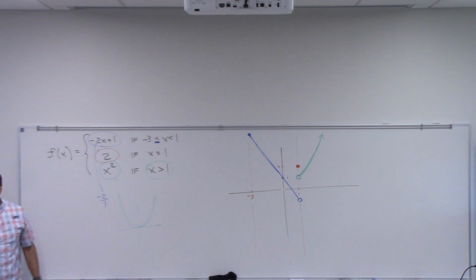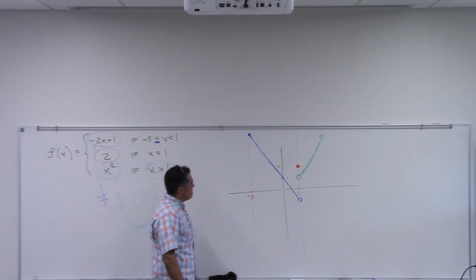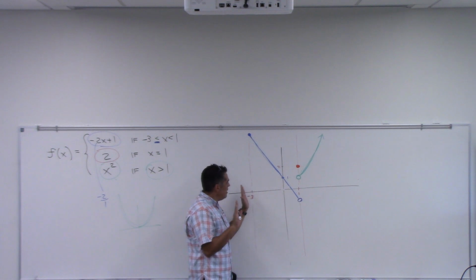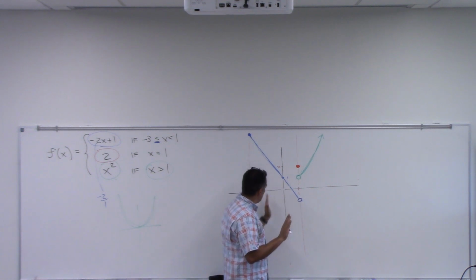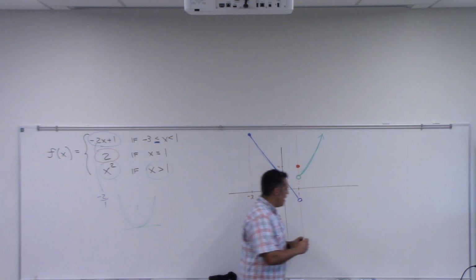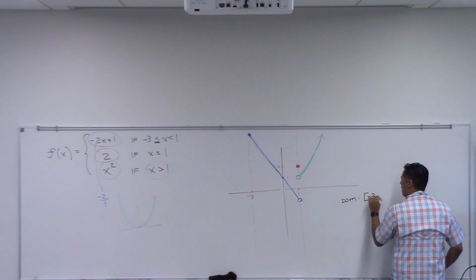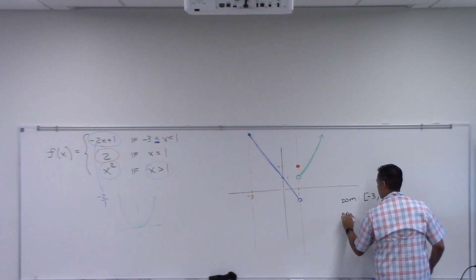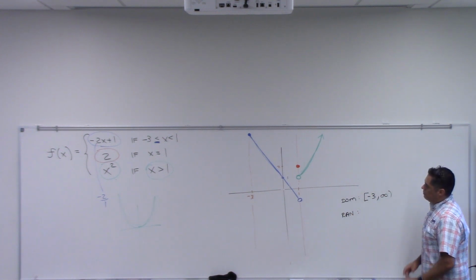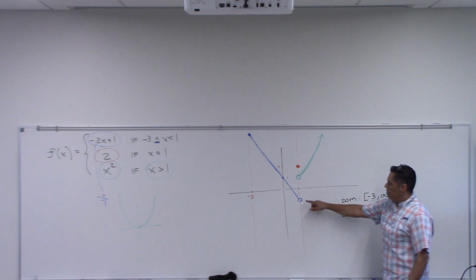All right, so can we answer at least what the domain of this is? Just by looking at the picture. Yeah, it starts at -3. Infinity. Do I get everything? Does every x value have some y output here? Yes, even at 1, right? At 1 we get 2. So we have a domain from -3 to infinity. What about the range? Range is a tricky one. The range is a little tricky. So it's like from